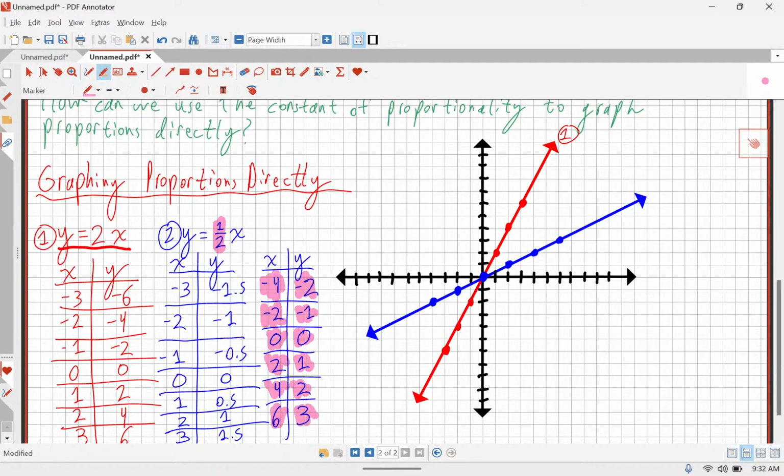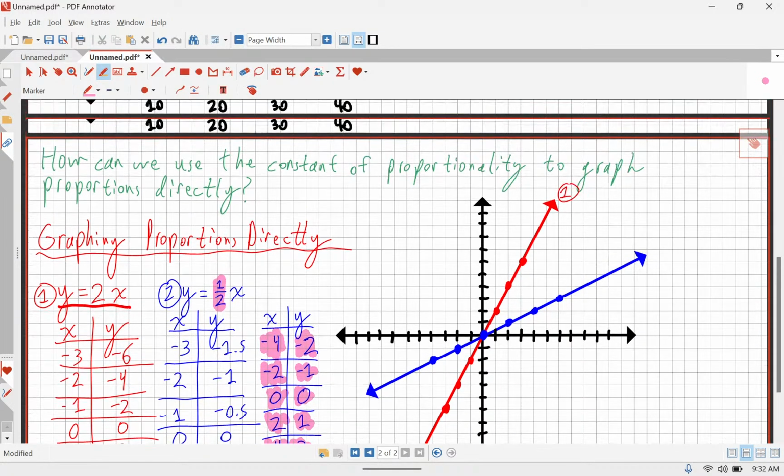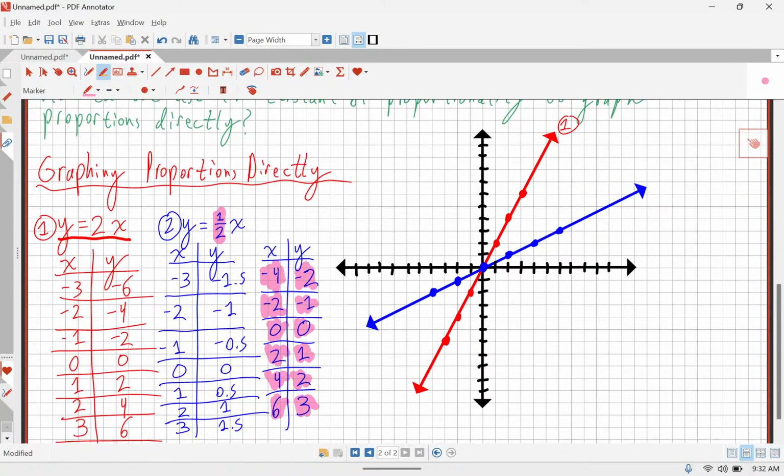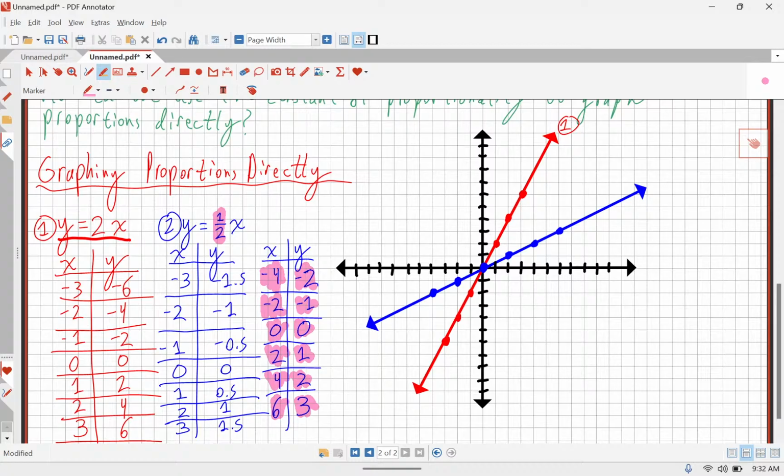How did that fraction tell us to make this table that I've got highlighted in pink instead of this table from here? There's something that this fraction is doing that's telling me to use this table over here instead of this one over here. When I say teach, I want you to say how this fraction is telling me to write this table. Teach!